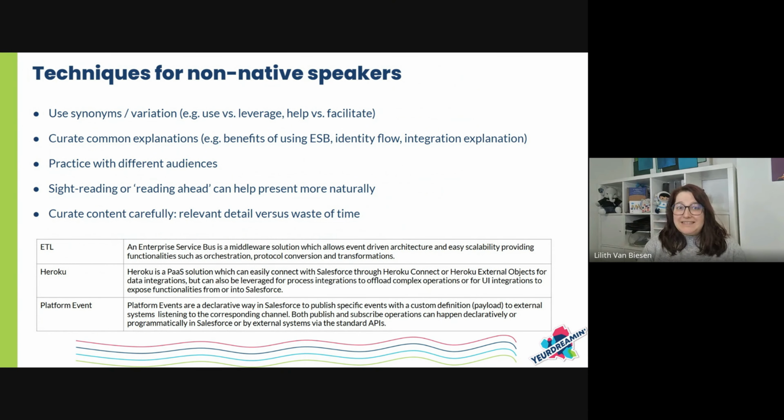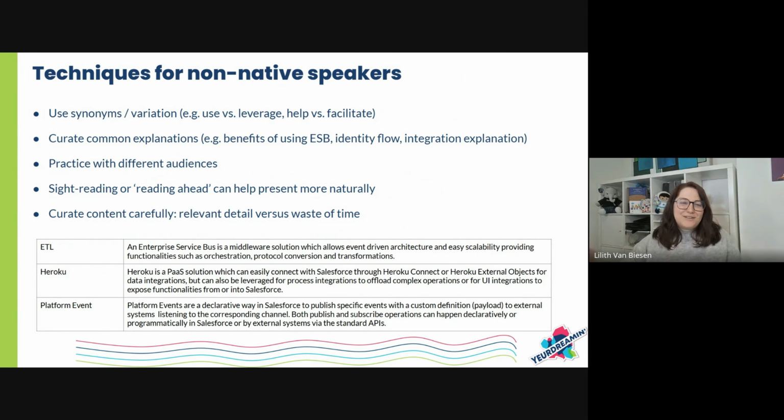Very important for non-native speakers: practice with different audiences, because I very well could be using a lot of Dutch-isms in my normal way of speaking. And if I'm constantly only talking to Miriam, then likely I won't notice, because we both speak Dutch. So if I say something in a way that makes sense to us, she will understand, and she's probably too polite to interrupt me and say, no, that doesn't make sense.